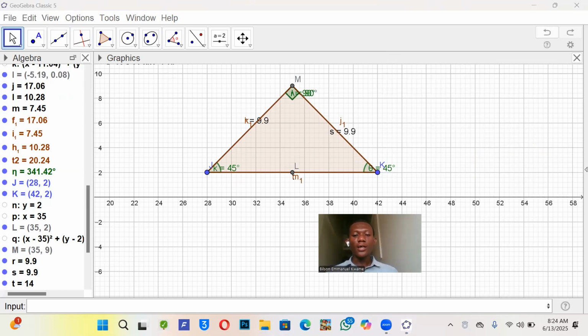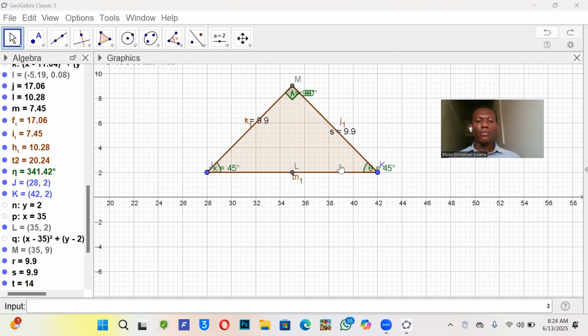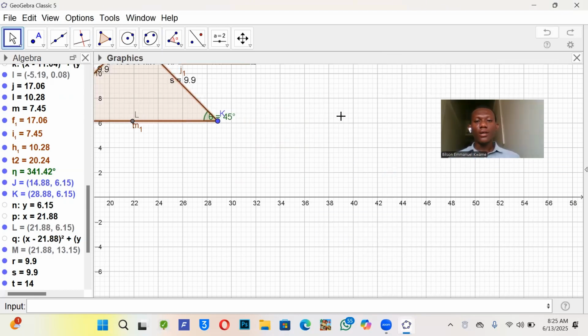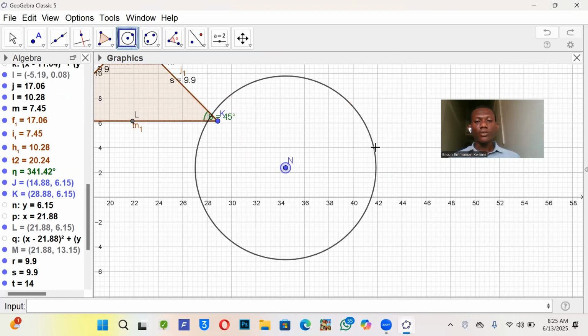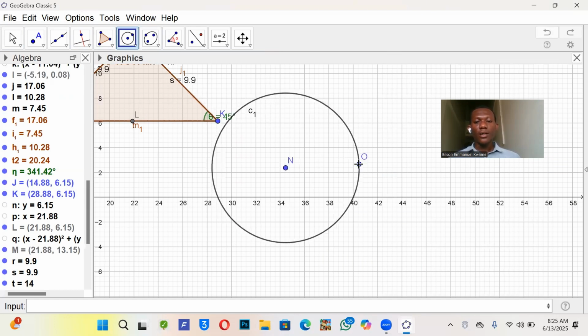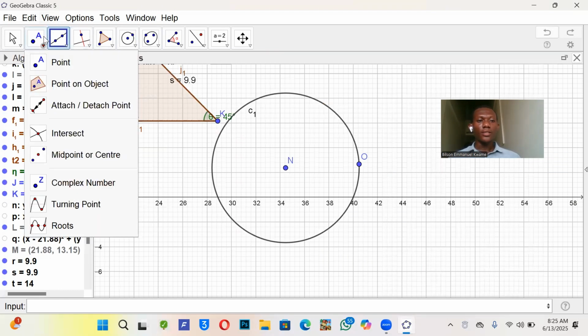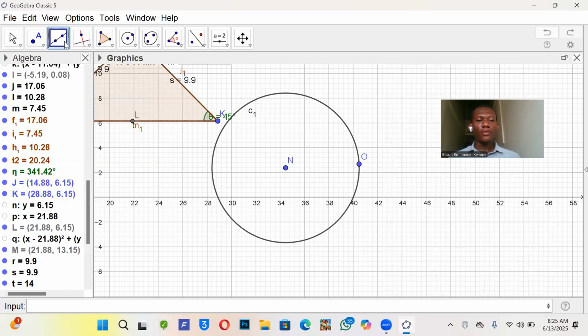Good. Another way of drawing an isosceles triangle is by drawing a circle, right? To draw the isosceles triangle, you just need a compass. Then you draw a circle. After drawing a circle, all that you have to do is to use your line segments. We come here, we activate our line segments. Then we join from this point to this point, right? Then we can join from here